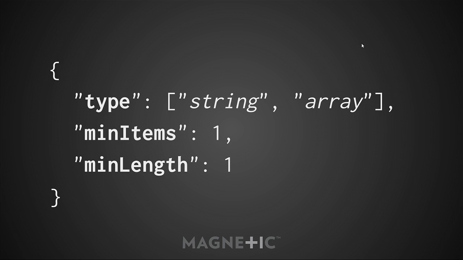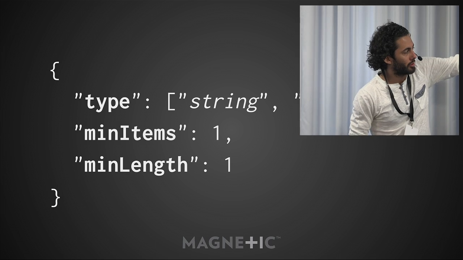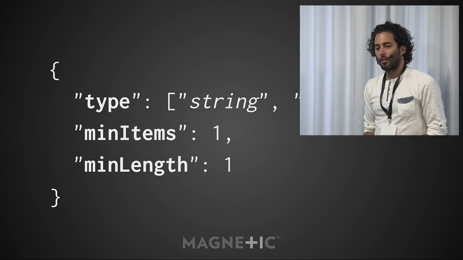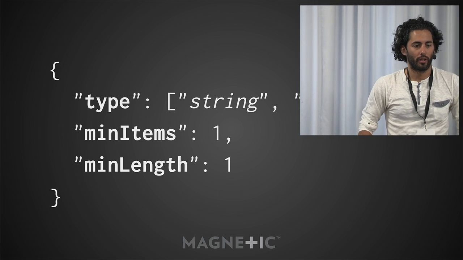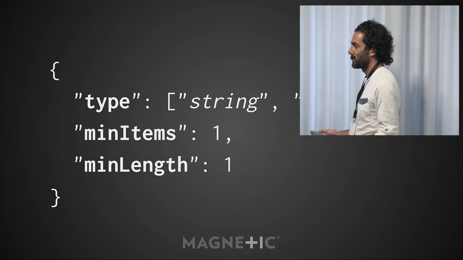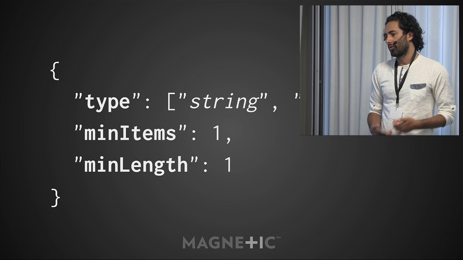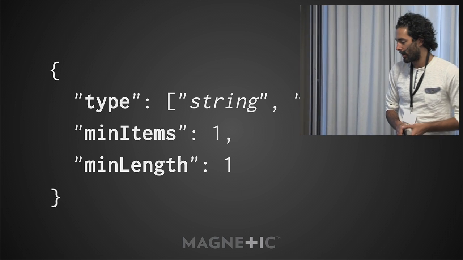Because of the way that schemas work, validators that don't apply to the type that you have are just ignored. So min items only applies to arrays, and min length only applies to strings. So you can just put them next to each other. And then as long as those types make it through the type validator, this one will only work when it's an array, and this one will only work when it's a string. Slightly confusing, I think, unless it's pointed out, but that's the way it works. So this schema validates against non-empty sequences. You pass in an empty string, you'll get an error. An empty array, you get an error. A string with some length or an array with some length, this will work fine.